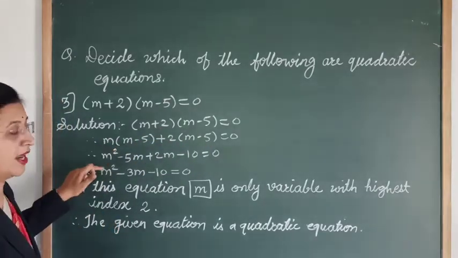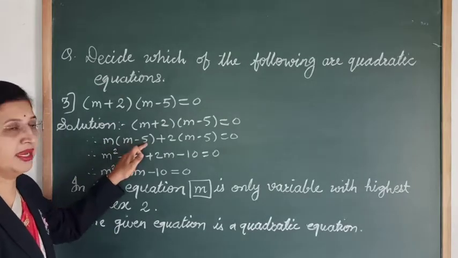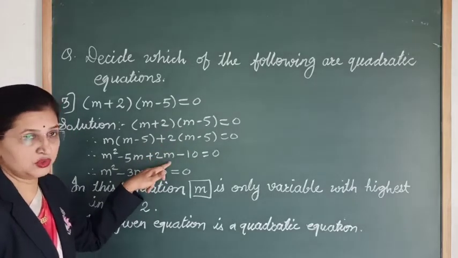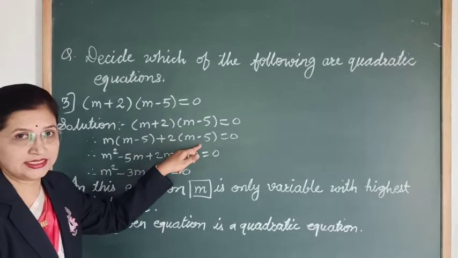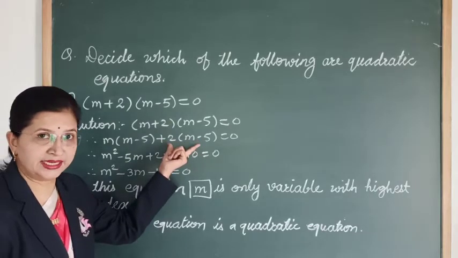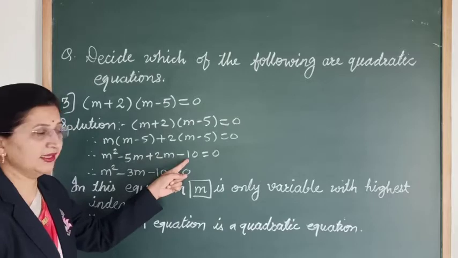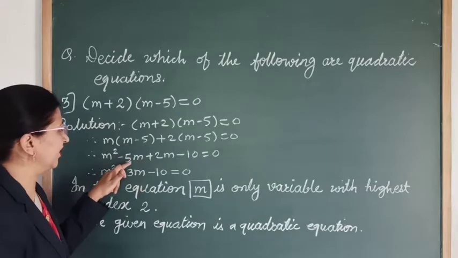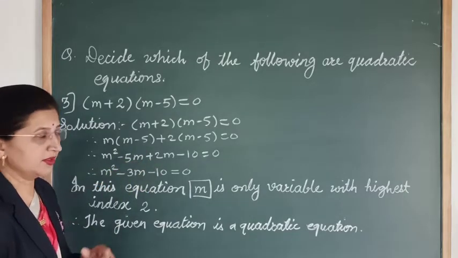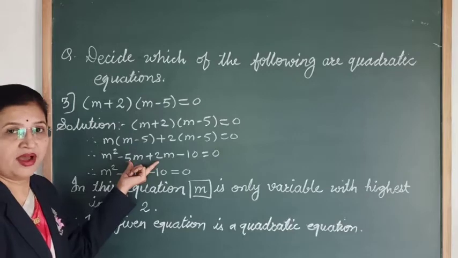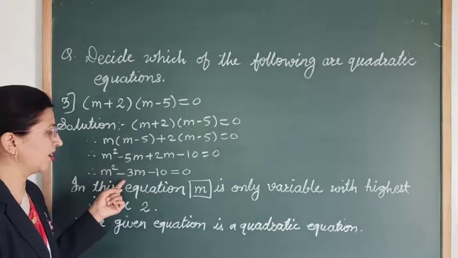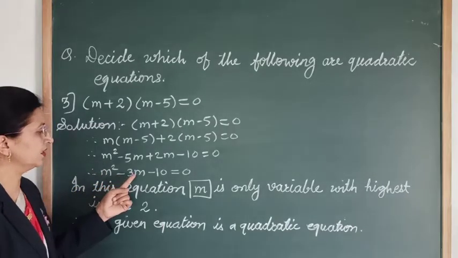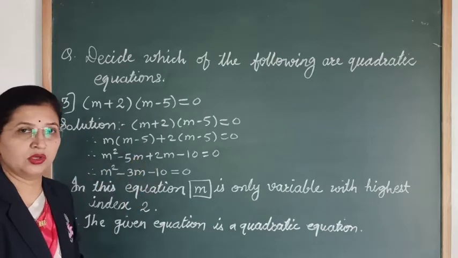Okay, so here m into m square, minus m into 5, that is 5m. Now 2 into m, that is 2m. 2 is positive, 5 is negative. Product of different sign is negative. So 2 5s are 10, that is negative 10 is equal to 0. Now here again we got the like terms, that is negative 5m and 2m. So here different sign subtraction. 5m minus 2m, that is 3m, and sign of bigger number, that is negative. So in this way we got the equation m square minus 3m minus 10 is equal to 0.